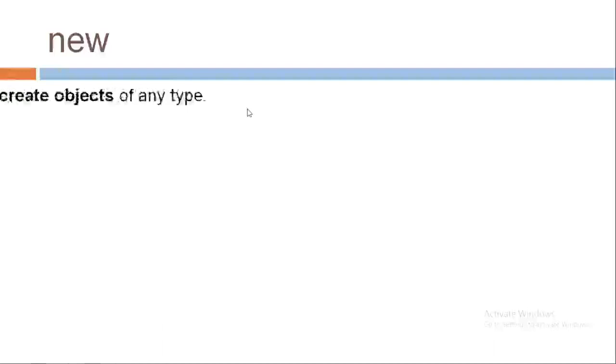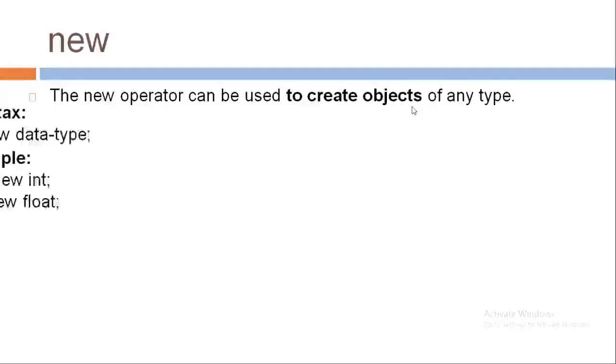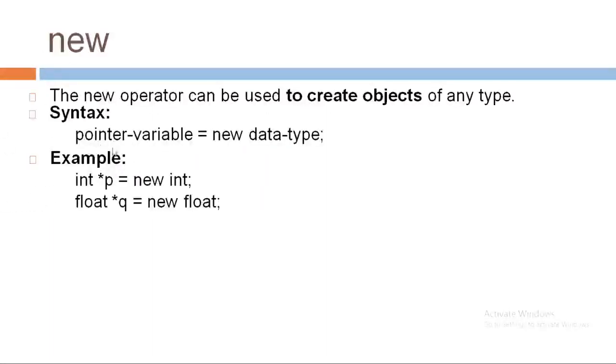Let's see the first one, that is new operators. The new operator can be used to create objects of any type. So the syntax is name of a pointer variable is equal to new, that is the keyword, and then data type. Here we can have any data type like integer, float, character, or any user defined data type also. See the example, int star p is equal to new int. Here pointer variable p will be allocated memory dynamically, that is equal to the size of integer variable with using